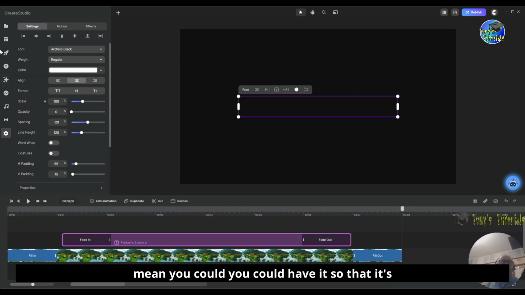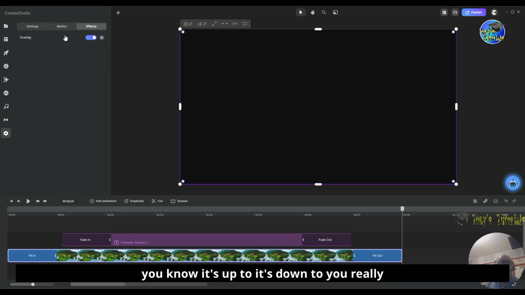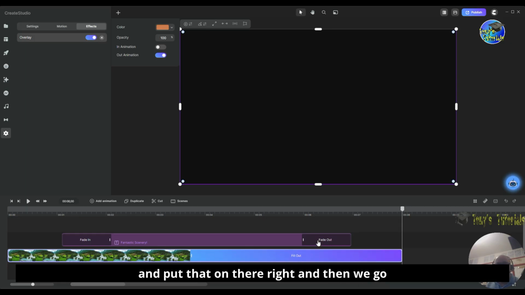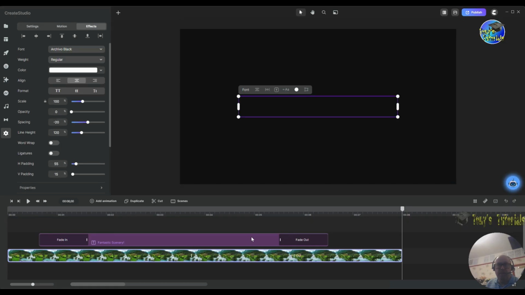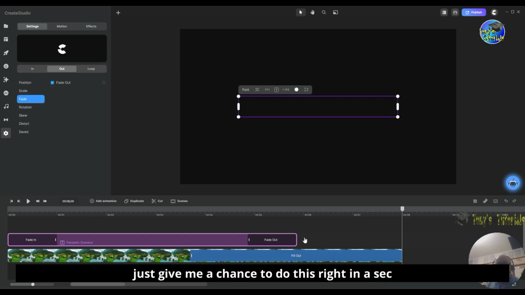I mean, you could have it so that it's got less opacity on it if you wanted, or something. But it's down to you really, basically. But there's no other choices other than those 4 items. You could have just a fill out at the end and not the fill in at the beginning. So if you do that and put that on there, right, and then we go, let's take that way, and there's something there like,